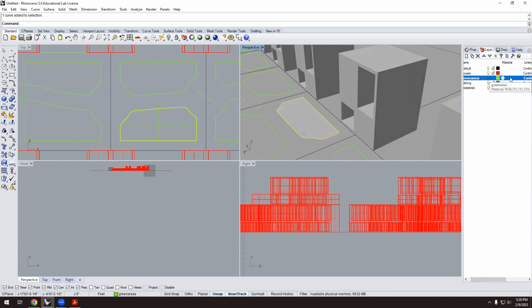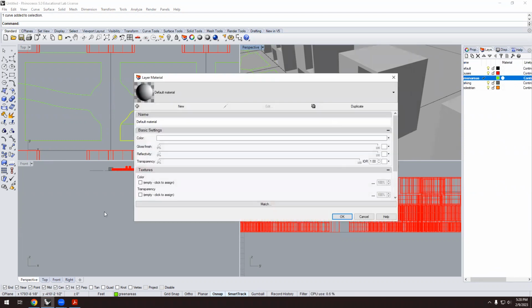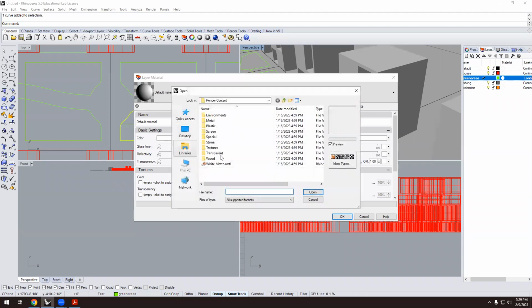So we can work with materials. If you type here, there is a column with materials that is empty by default. Okay, so we have a default material, which is a white stuff. I want to create a new material. So if you create here new, here we have the default things that we have. We have environments, metal, plastic, screen, stone. Most of them are, okay, we have grass here. Let's keep it simple. I don't want to be very realistic here. So I'm going to use